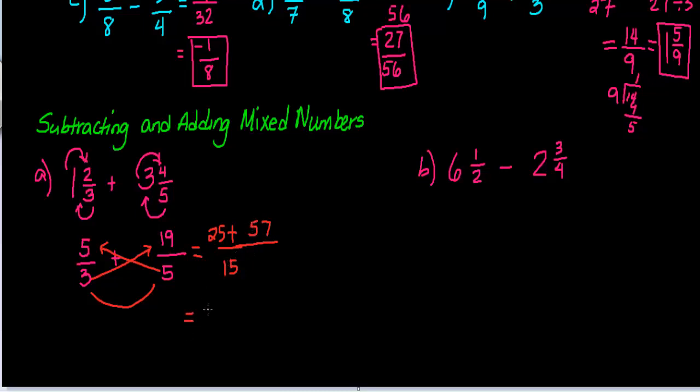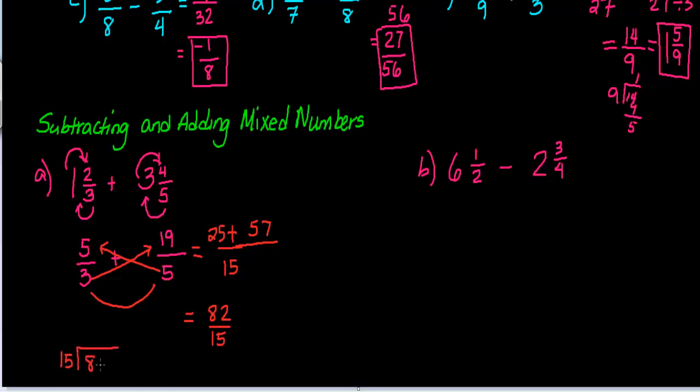So when you add 25 and 57, you get 82 over 15. This is an improper fraction. The number in the numerator is way bigger than the number in the denominator. So I can do a division,